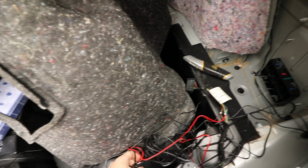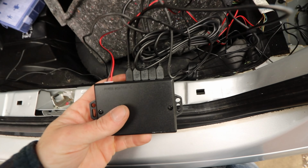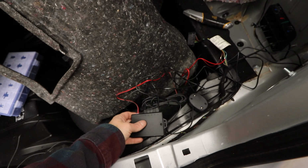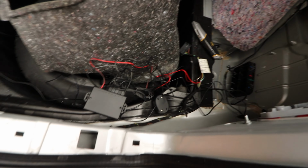So most units look like this. You have the 4 plugs for the sensors, 1 for the speaker going out and then 1 for the power. And what you want to do is send this to a switched live and an earth. And on the tail lights, at least on the right hand side, I think the plugs are actually different on the other side. But on this side, on the right hand side, if you're looking at the car,